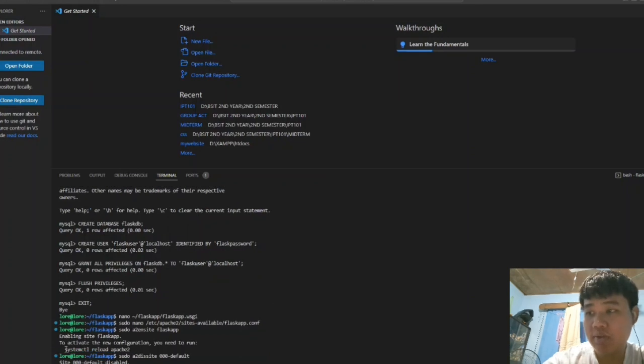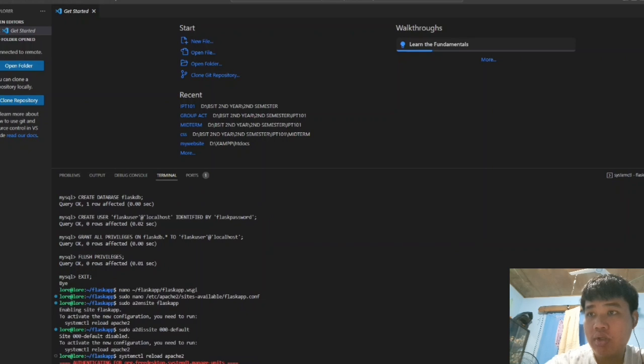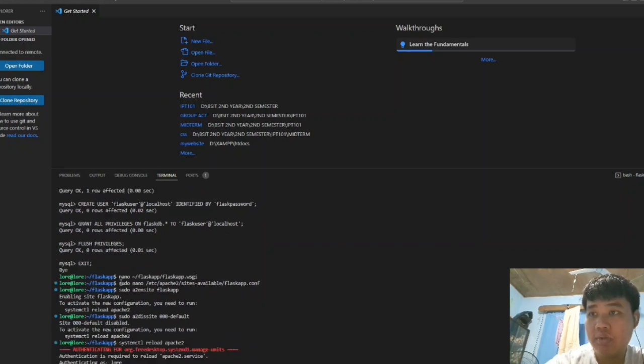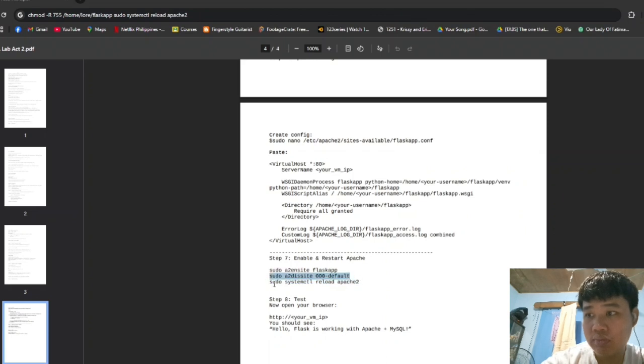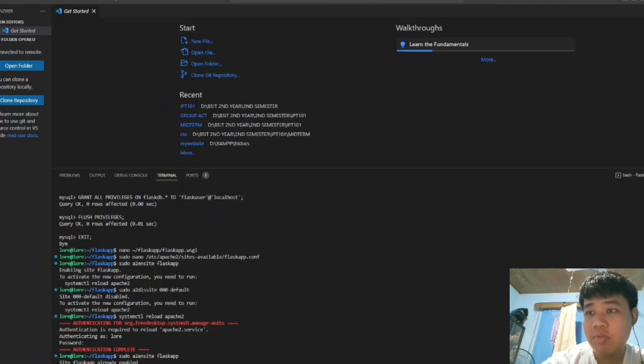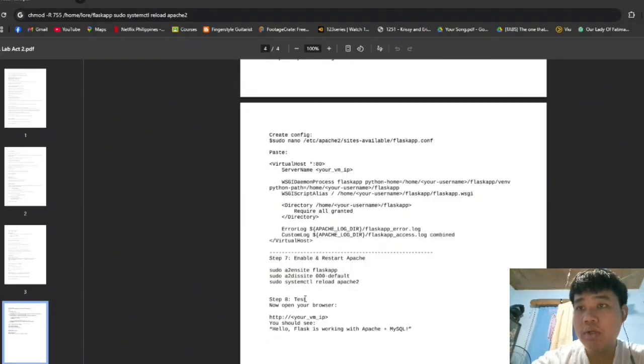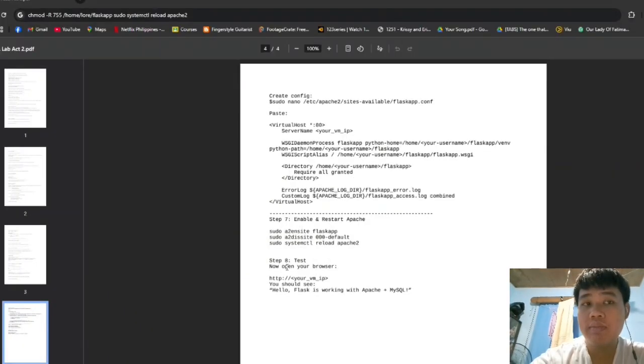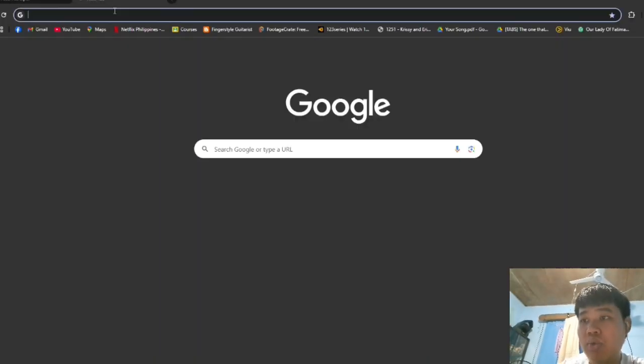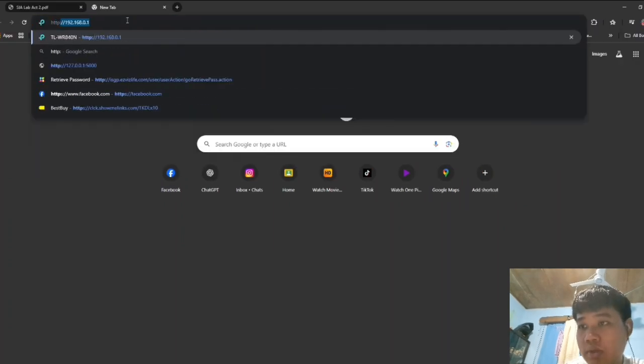Just copy paste this code in here, and then this, and then we need to reload our Apache, and now it's on default. It will disable, and then we are just going to reload our system, and then we will test in our browser.